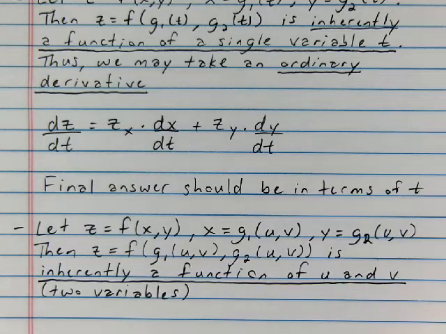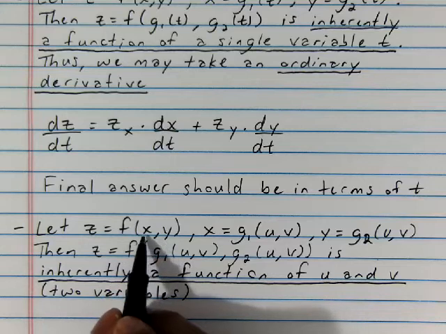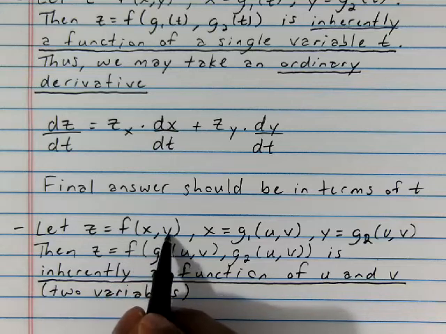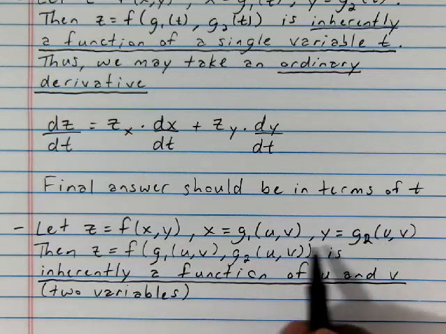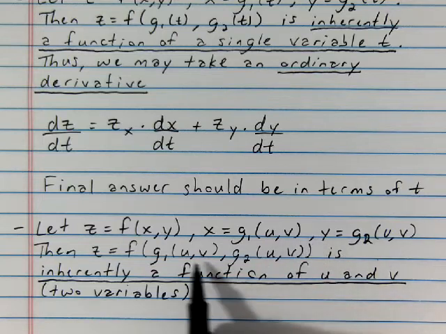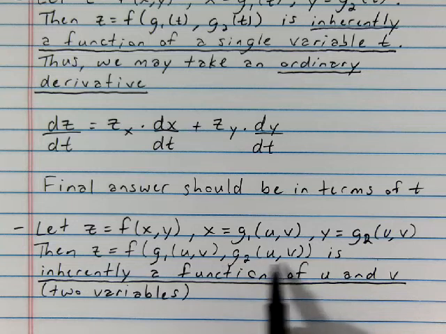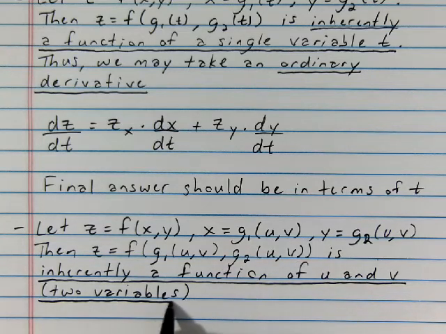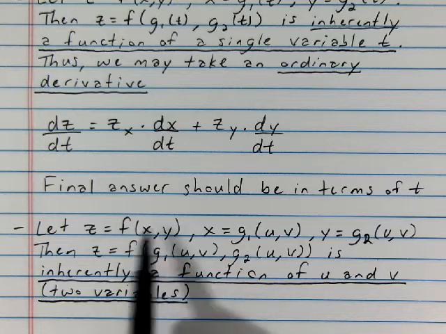So now, because it's still a function of two variables. Here we looked at it as a function of x and y, but we find out that x and y themselves are functions of the two variables u and v. So we take that, plug it in, and we see that z is a function of u and v in actuality. So if we have z as a function of two variables, no matter which way we look at it, whether it's this or this,